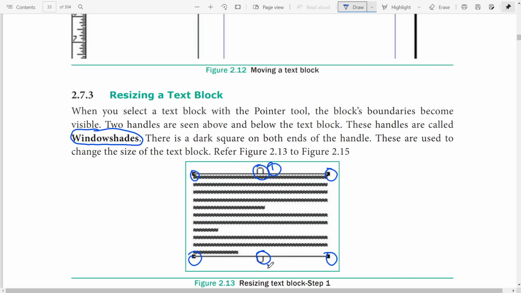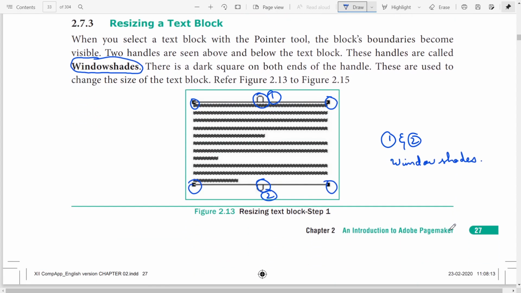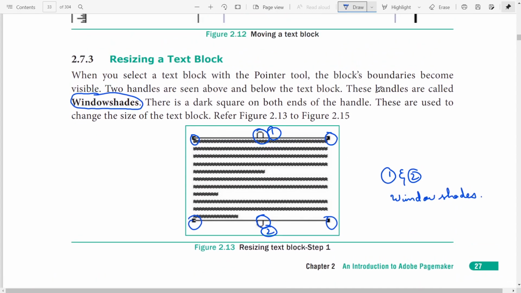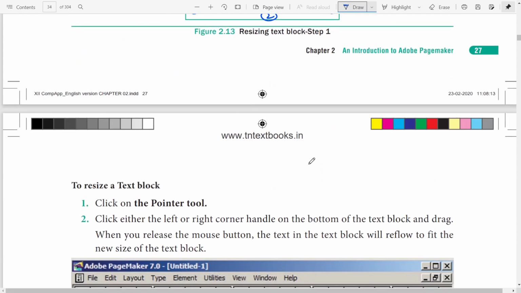One and two are window shades. There is a dark square on both the ends of the handle. These are used to change the size. Dark squares on both sides of the handle help change the size of the text block. Is it clear? Using these four, you can change the size of the text block.